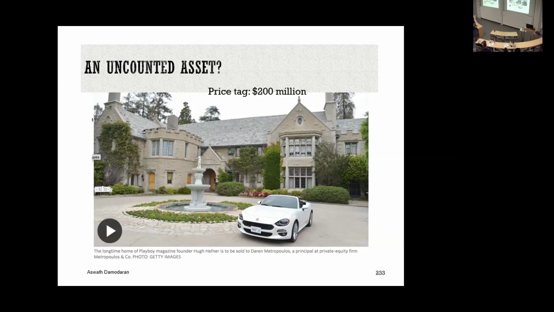And they got $200 million. The minute after this happens, think of what happens to Playboy's cash balance, right? It increases by 200 million. This is the kind of asset we're talking about, not brand name, not the stuff you've already counted. And already you can see it's rare. It's uncommon. So when you see lots of stuff added onto a DCF valuation, most of the time people are double counting. But once in a while, you will get this, something you haven't counted because you haven't counted your cash flows.